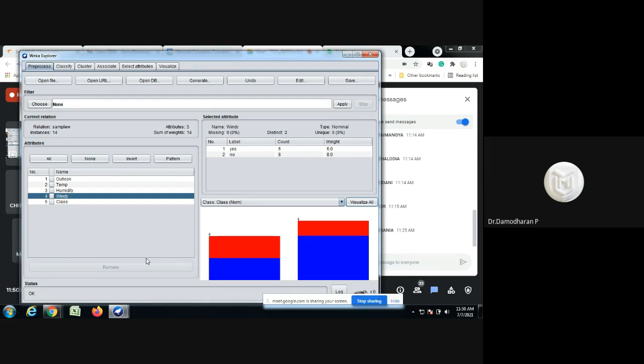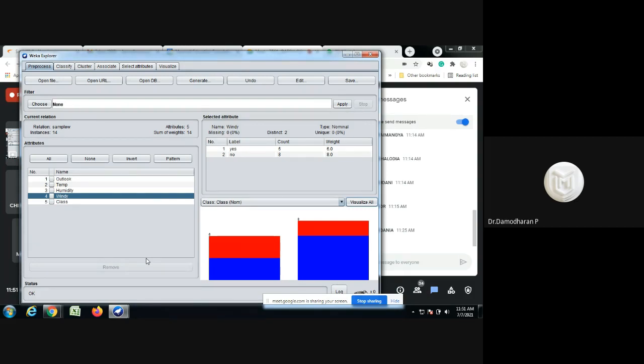So this WEKA tool is mostly used for small and medium data sets. So that whenever the data set is loaded, the data will be loaded in the main memory, and it will not affect the performance or crash the system. Okay. So in this way, the data set is created, loaded, and pre-processed. Here the data is created by ourselves, and pre-processed.